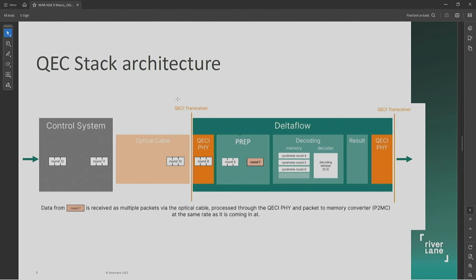The FPGA that we have in our boot transceivers has about 25 nanoseconds latency on the file level, so they're quite performant. Then you enter the pure digital domain, and there is the pre-processing for the decoder, the decoding itself, and the results that are returned over QCI file back to the system. Now, all of this has